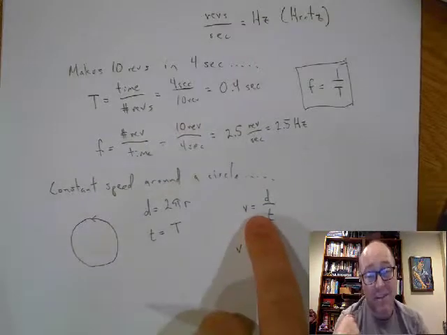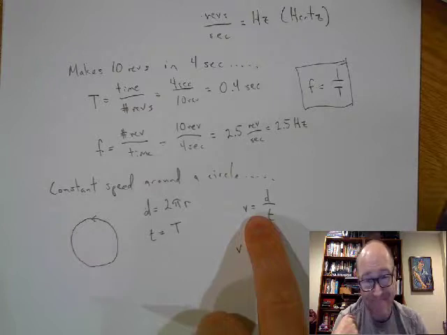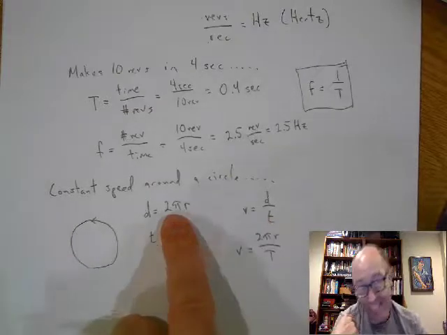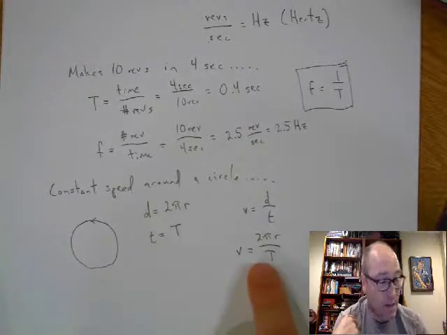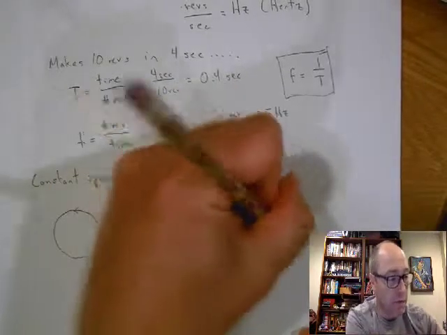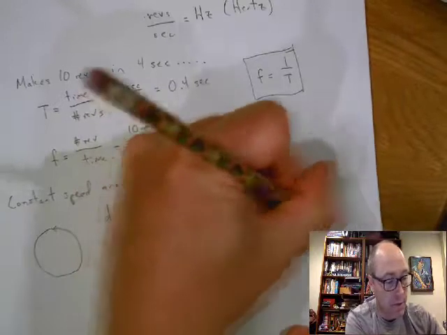Why? Because College Board expects you to know, if you're moving at constant speed, how do you find the speed? v equals d over t. The College Board gives you this, and they expect you to know this. But that's you get this. Now, this is called